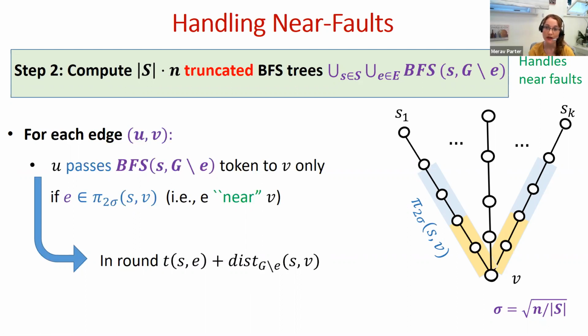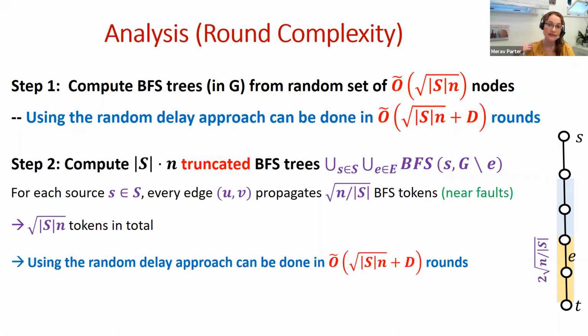close to my neighbor, it's also important to send this token at the right time, right? BFS algorithm is only about the time, and I would like to send this BFS token in the round which is the starting point of the algorithm, which is T_SE, that was chosen uniformly at random in this range, plus the distance, okay? So I really want each of the BFS algorithms to propagate round by round so that the construction will be correct, okay? But I will pass these tokens only if they lie in the near segment. So this is the very high-level